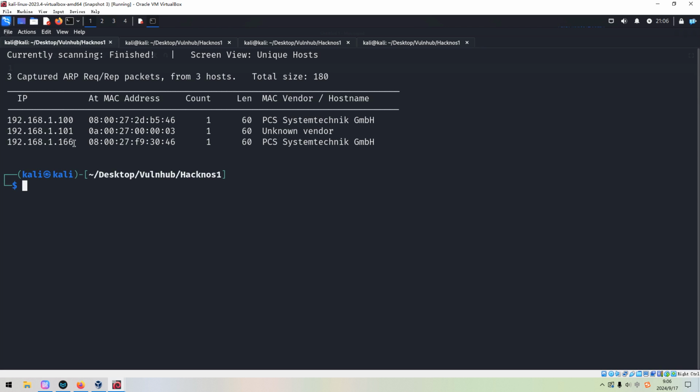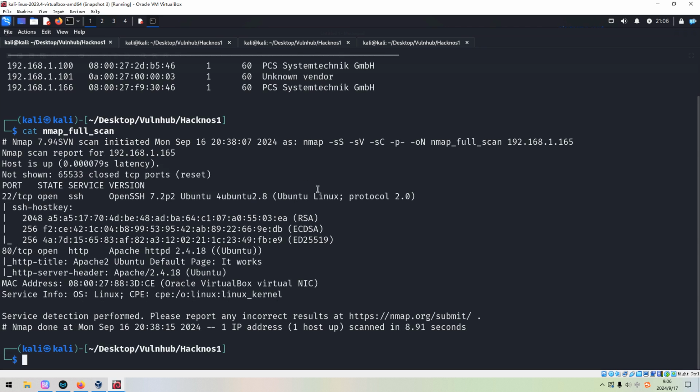So what are we going to do next? We need to do the port and service scanning with Nmap. To save time of this video, I've already completed it before. So for now, we just get out its result. As you can see over here, I used the options like -sS, the version scan, the default script scan, followed by the -p- to do the full range port scan.